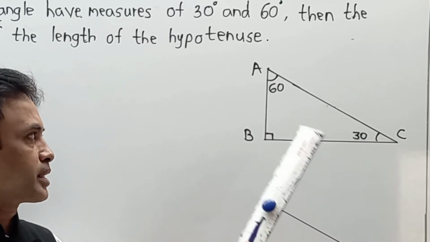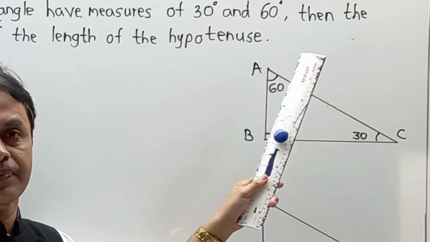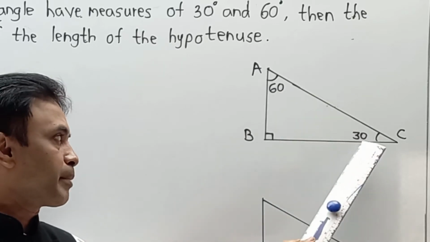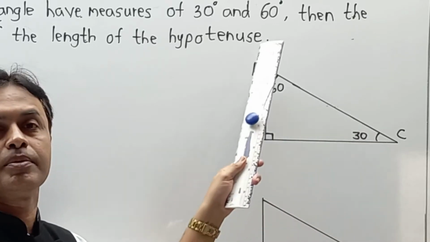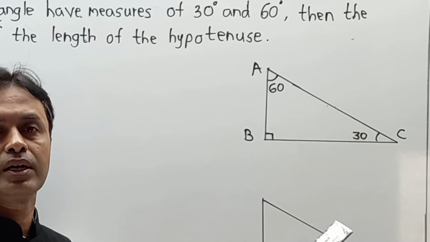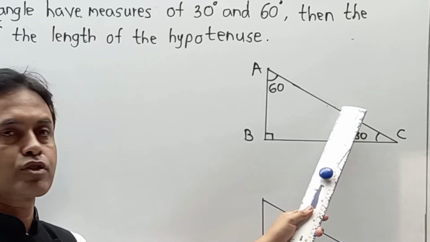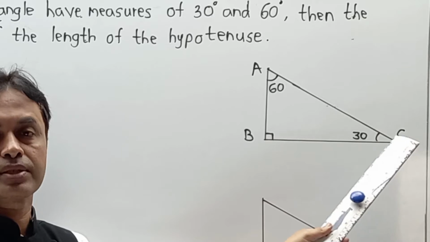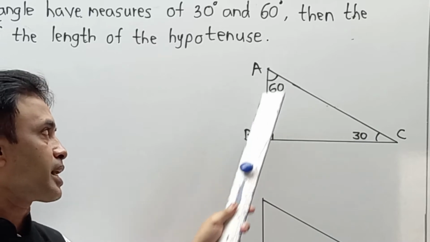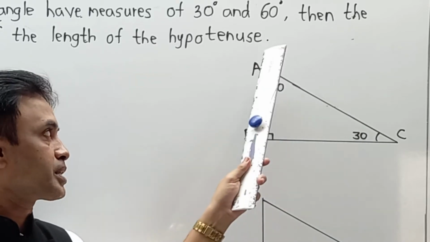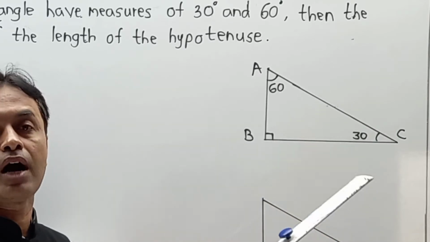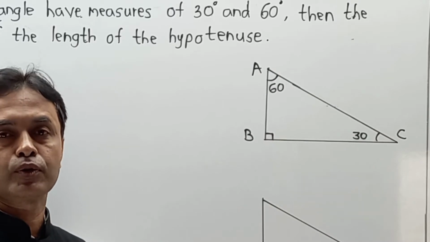Now as per their condition, if in a right angle triangle the acute angles are 30 degree and 60 degree, then the side opposite to 30 degree, which means AB, is half of the hypotenuse. Opposite to 90 is called the hypotenuse, so AC is your hypotenuse. In short, we have to prove that the side opposite to 30 degree, that is AB, is half of the hypotenuse, meaning AC. Means we have to prove that AB is equal to half of AC. That is the part we have to prove.